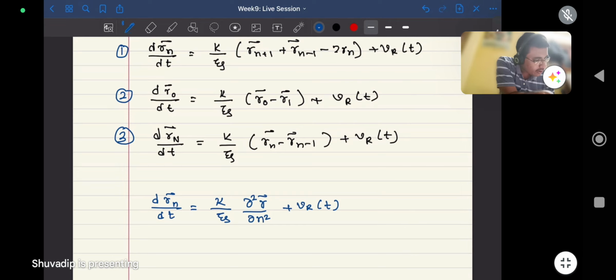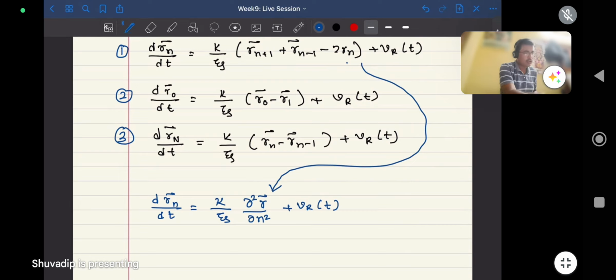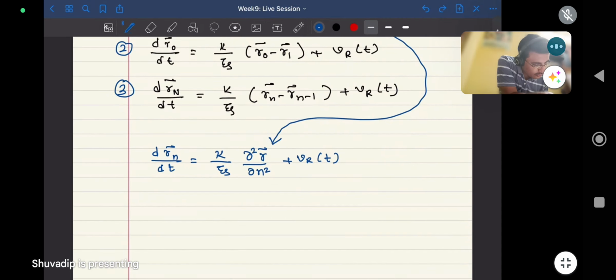We have written this whole term as del 2 r del n 2, and we will write down the other terms as first derivative terms. So there will be two more equations. Let's write down this as 1 prime. The 2 prime will be